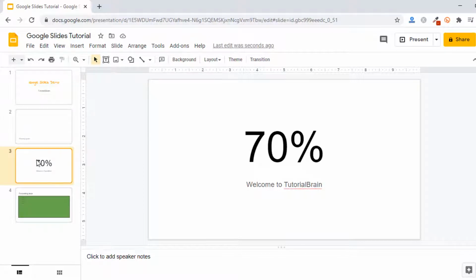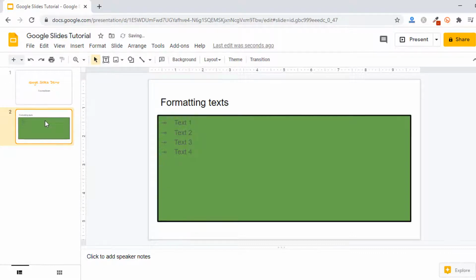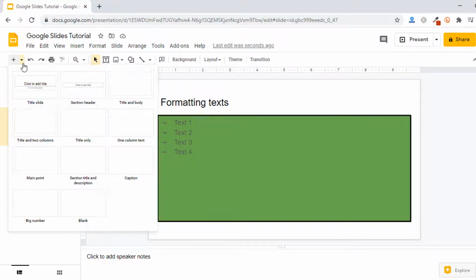Another way is that you can select this particular slide, that is the third slide, and you can go to the second slide by pressing Ctrl on your keyboard, so that you can select multiple slides, and then you can press delete on your keyboard. So if I press delete on my keyboard, or if I press backspace on my keyboard, you see both of these slides are deleted.